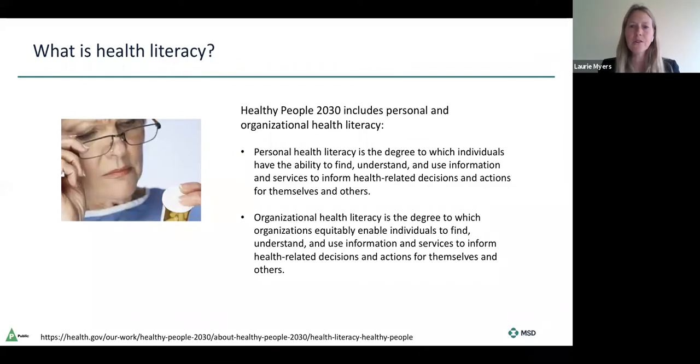And so, organizational health literacy isn't just, oftentimes we think of the doctor-patient conversation, but it's patient advocacy organizations, biopharmaceutical companies, pharmacies, and many, many others. So I truly believe that each of us has a responsibility, in working in healthcare in some way, or volunteering or other things, to make sure that we are creating materials that are understandable, and not just written materials, but actually, if you go to the next slide,